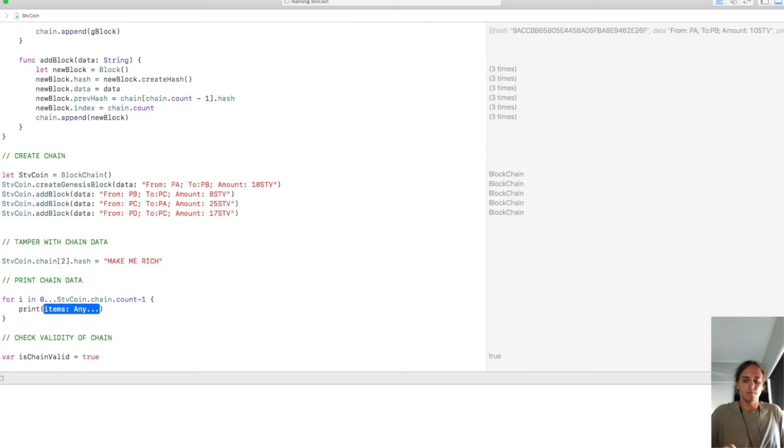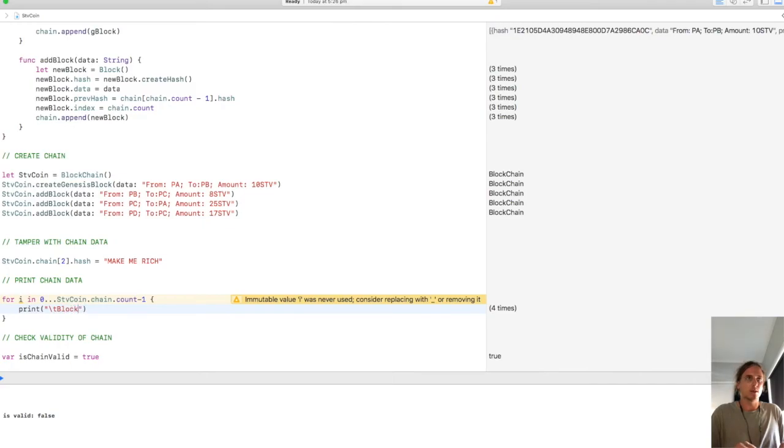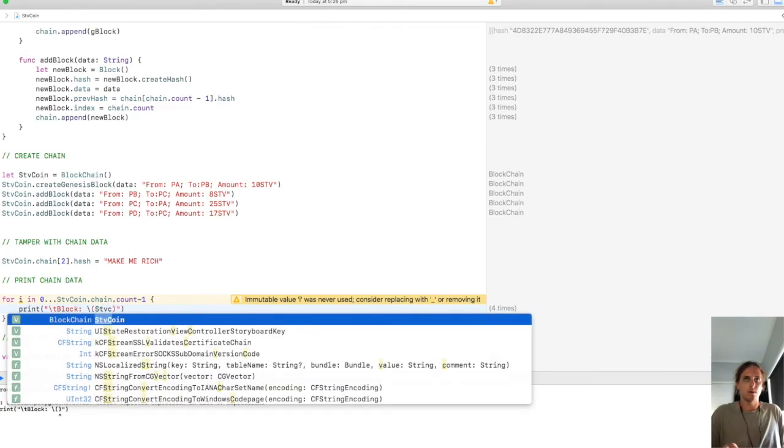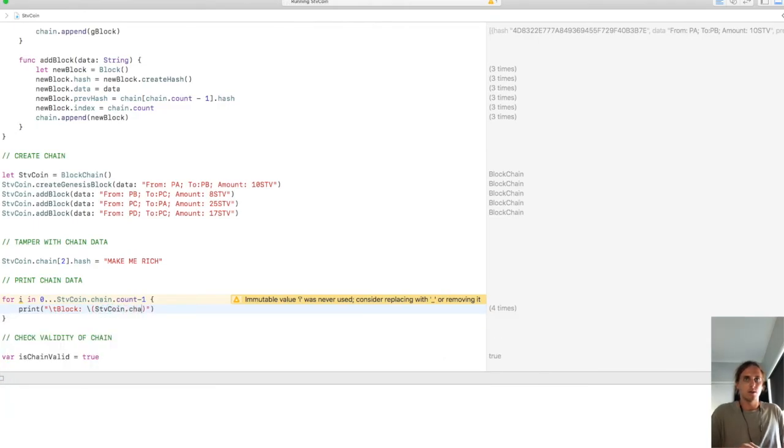So I'll say print. We'll just give it a \t, that's a tab. So \t block, and this will tell us which block it is. So we'll say Steve coin dot chain the ith value dot index,